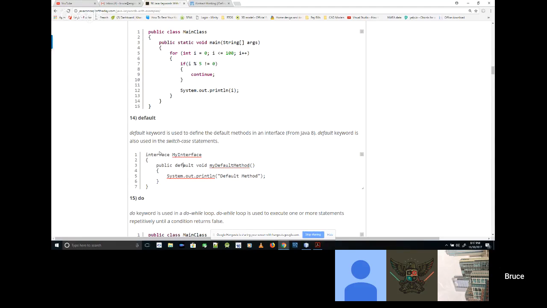The default keyword is also used, I know it's also used there. This is how I know it's used. The default keyword is used to define the default method. What do they mean by default method? You have to call it. So you have to call methods to use them, so I don't know what makes it a default. This is worth maybe looking into further. But I've never used, I'll put it this way, I've never used the word default in the context that it's showing here. But I have used default in the switch case statement. Okay.